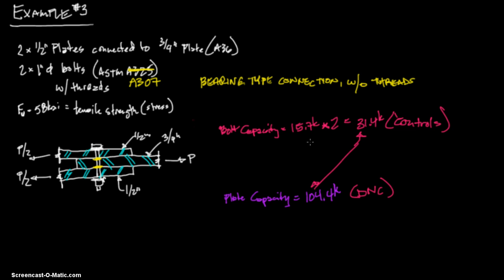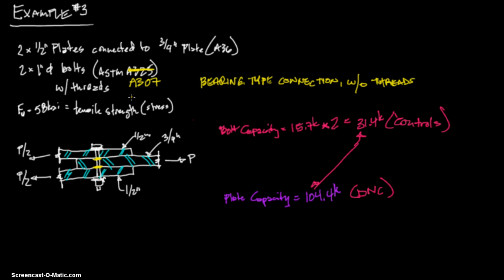You're saying, here's my capacity, but then you're not using it, so this will let people know this does not control, and they can go look for what does control. And if you put this up here, this obviously means does not control. Alright, so that's our answer. That went incredibly fast, and I hope that makes sense. You can see that A307 is not as strong as A325, but since we went incredibly fast on that, I want to go ahead and do one real quick